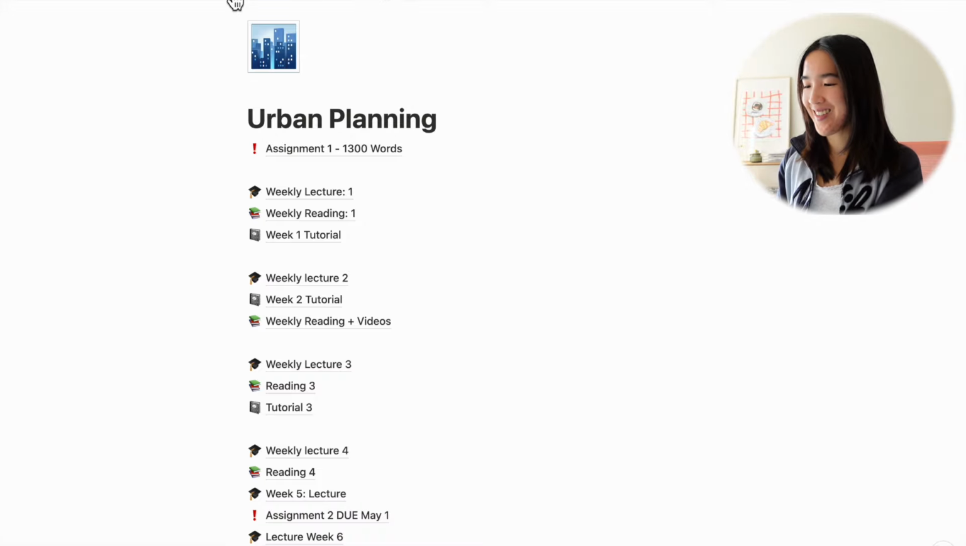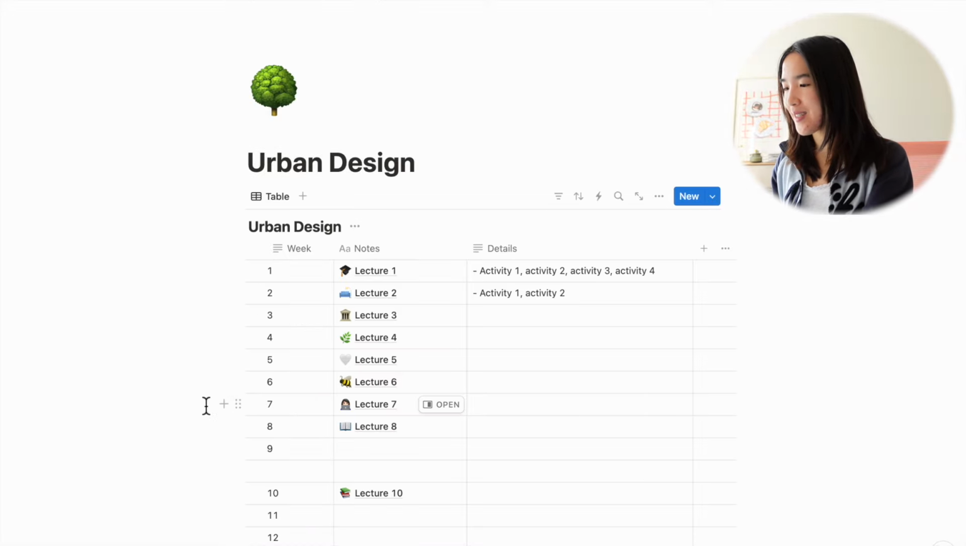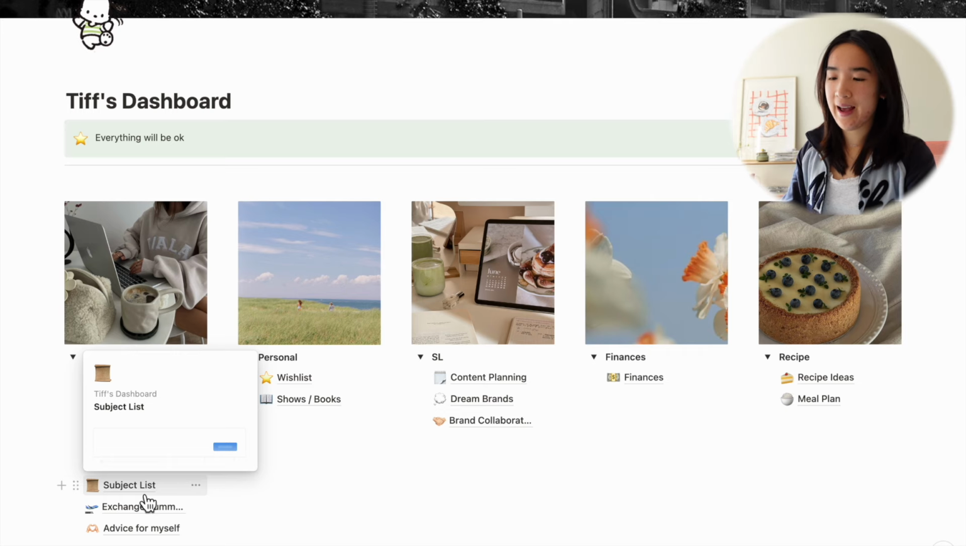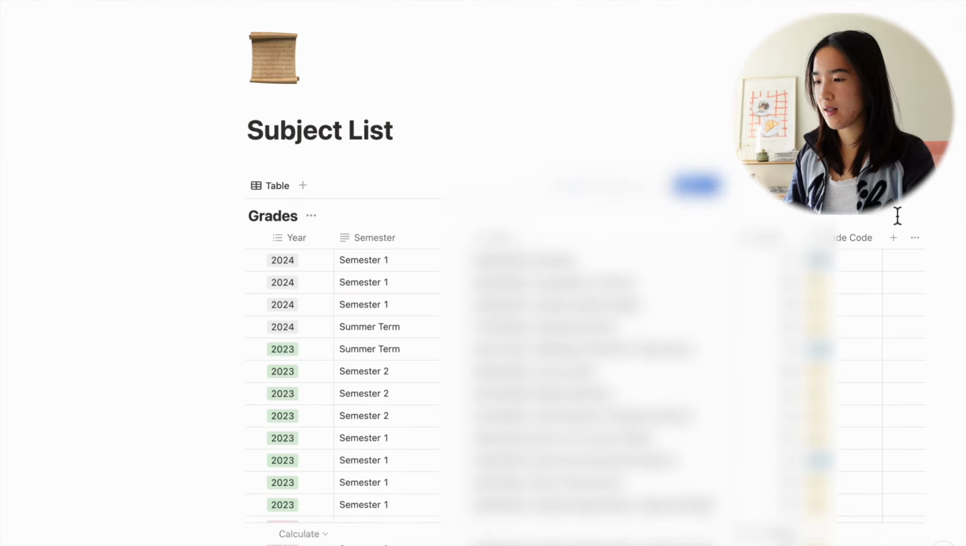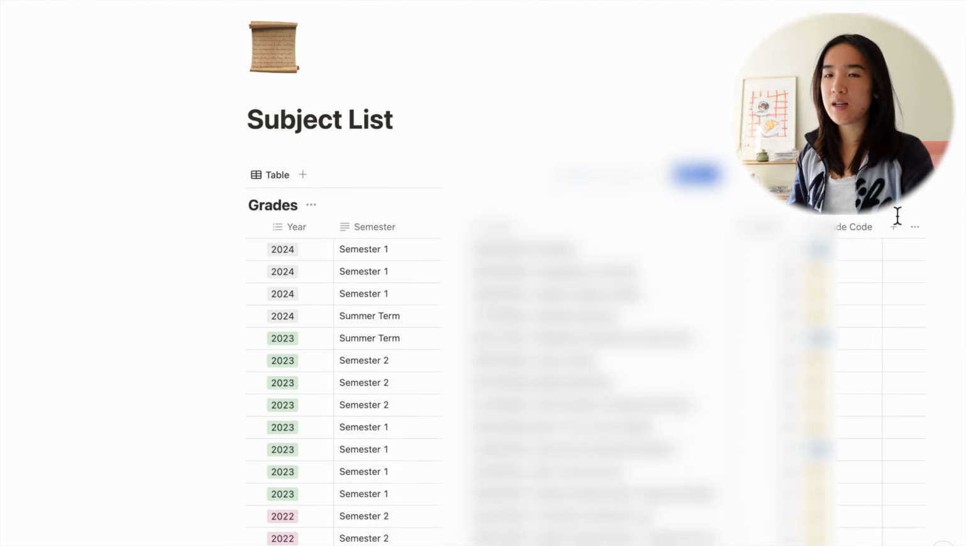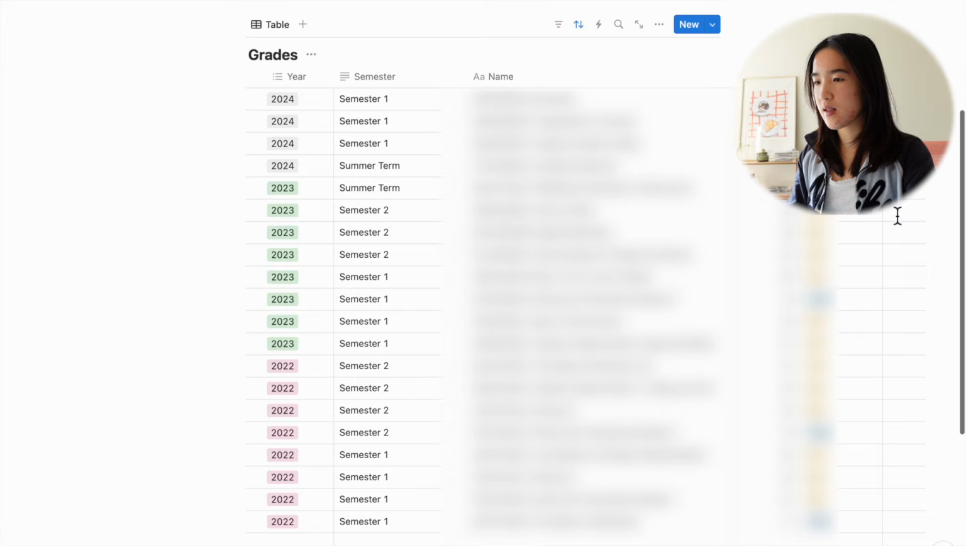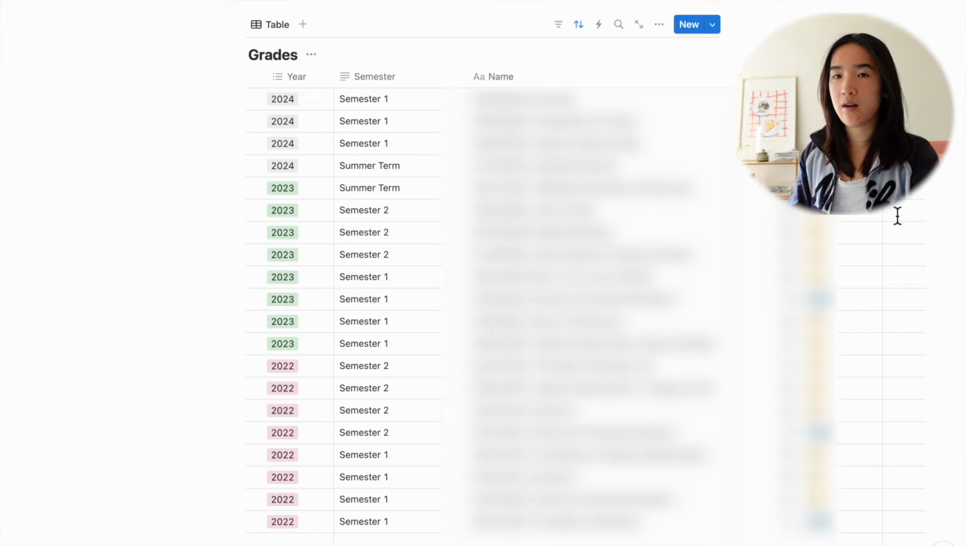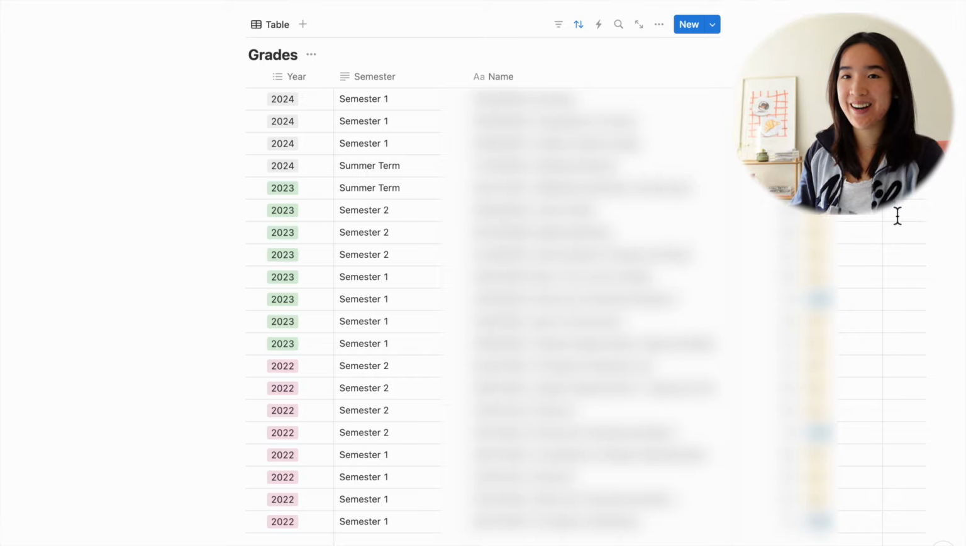So I think one of the solutions could be doing something like this. The next page that I have is the subject list page, and this page I just kind of have everything listed out here of everything that I've done so far. So I just found this to be quite helpful when I am thinking about graduating and also making sure that I have enough credits and everything to